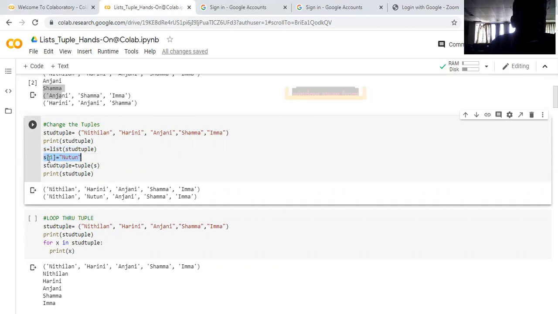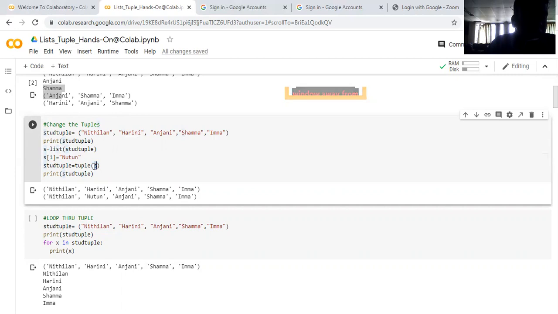S of 1 means, this one is 0, this one is 1. Okay, so in place of Harini, you are placing Newton. Once you made the change in the list, now you have to convert that particular list into tuple. So for conversion of list into tuple, what is the input? List.